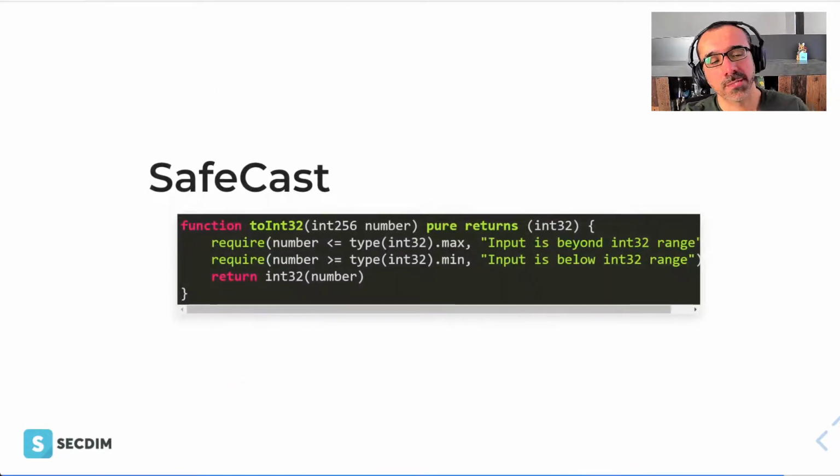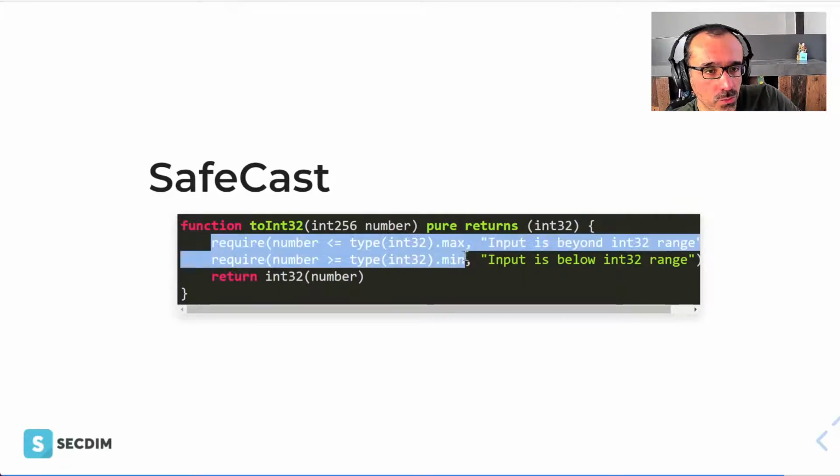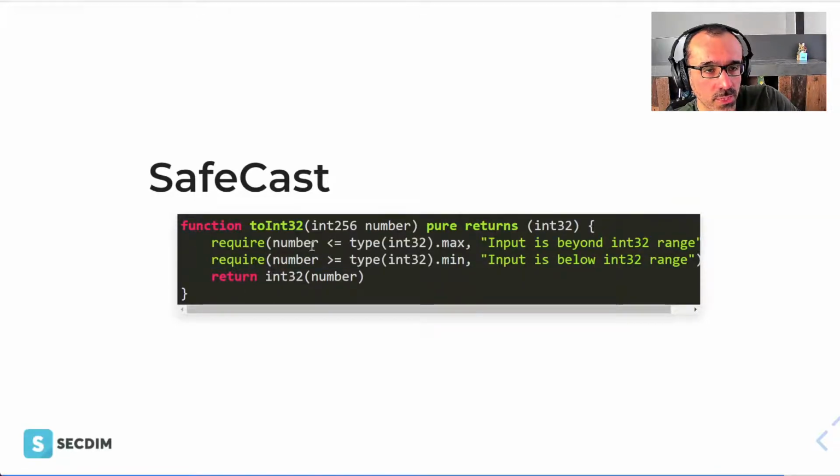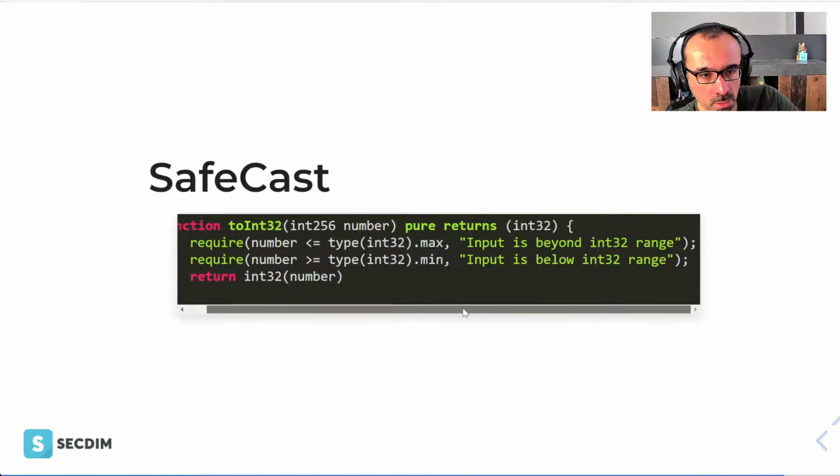In terms of casting, we are limited to making sure that the value is within that range before we perform our explicit casting here. So in this case, I'm getting a 256 value, and I want to return an int32 value back. I've included two checks here. The first one will check that this number is less than or equal to int32 max.